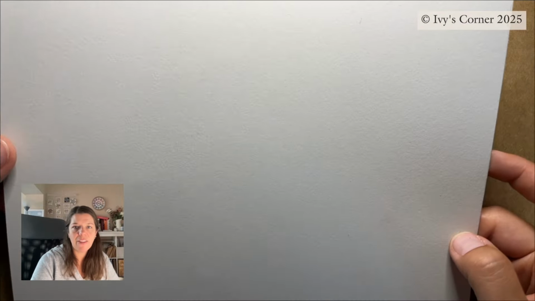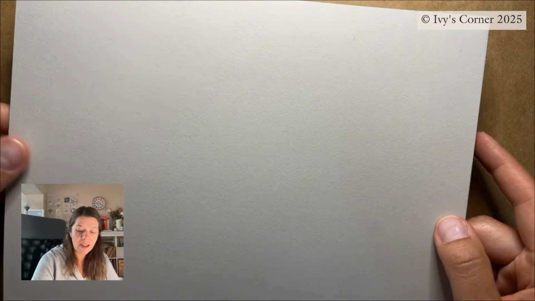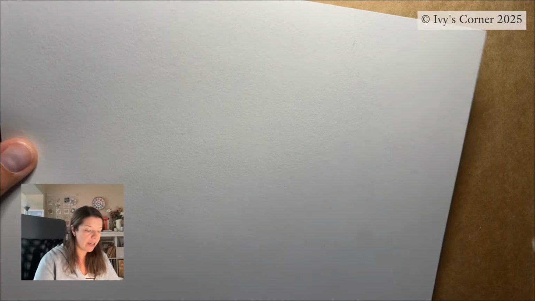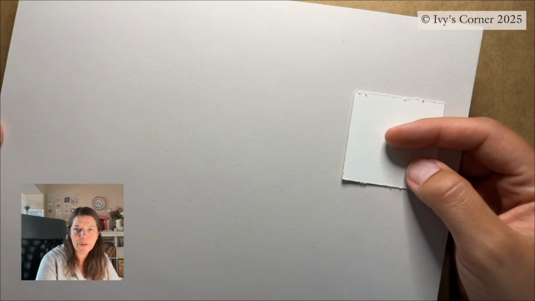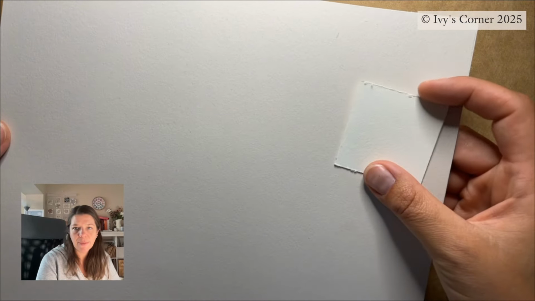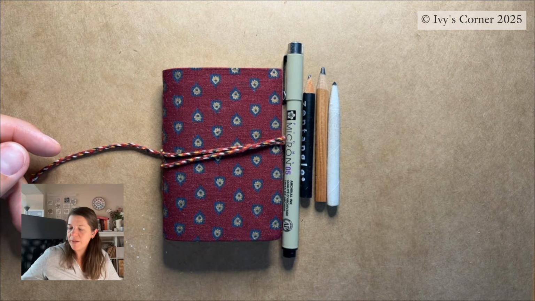I have yet to decide exactly the materials I'll be using, but I would like to use some colour on here. You can see that the tone here is a grey rather than a white. This is a white piece of paper, and so the grey will offer me the opportunity to add highlights as well as shading. I'm excited about that, and I'll keep you updated with how I'm doing with that.